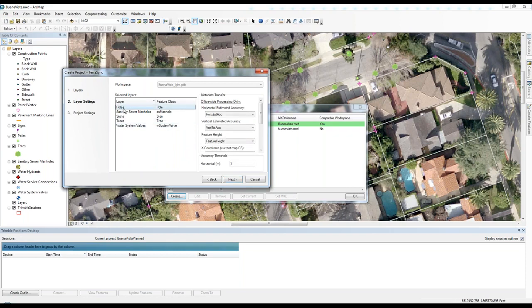now what it's done, if I click on poles, you see it's found those feature types in my feature type library. So it's brought in now horizontal estimated accuracy, vertical estimated. It's already brought in those metadata settings and the accuracy threshold. So for example, trees now brought in 3. So now I don't have to repopulate this every time because I've stored it now,